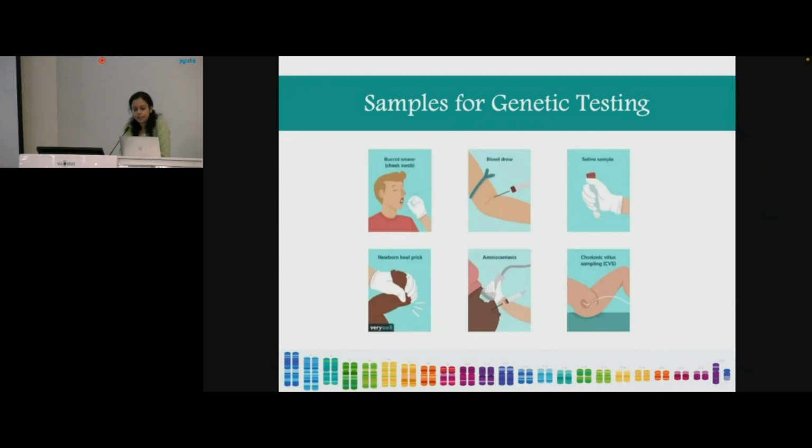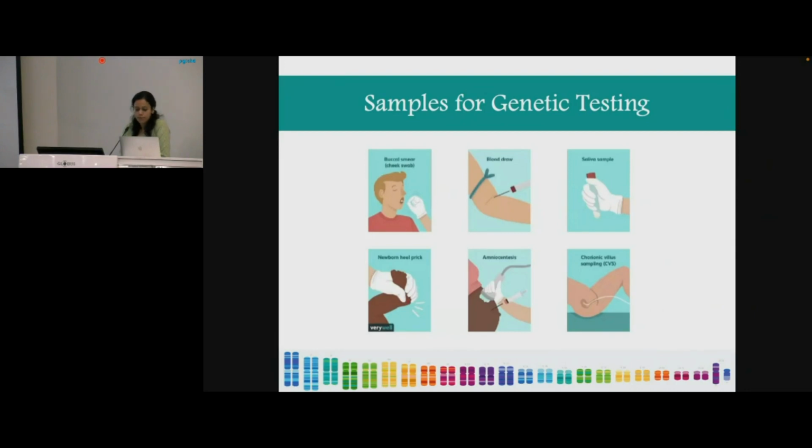In the case of prenatal testing, amniocentesis can be done, in which the amniotic fluid surrounding the fetus is taken out with the help of a needle, which pierces through the abdominal wall of the mother. CVS is a little tricky. In this procedure, a small tissue from the placenta is taken for testing. From all these samples, we extract the DNA for further genetic testing